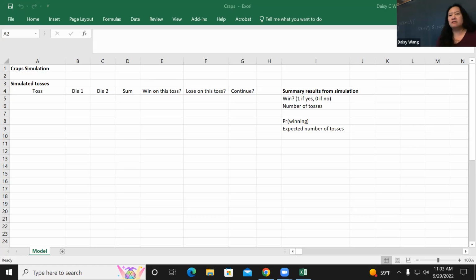So craps is like a casino game, and you throw 2 dice. Before you start the game, you have to decide what number you're going to play. Let's say if you throw an 8, that means you need to throw another 8 to win the